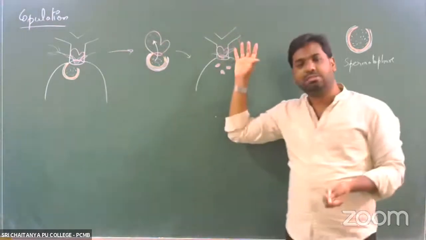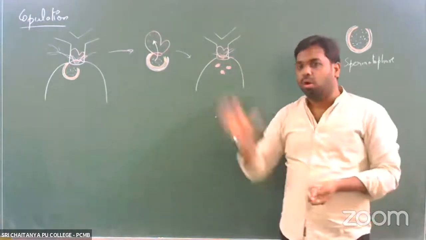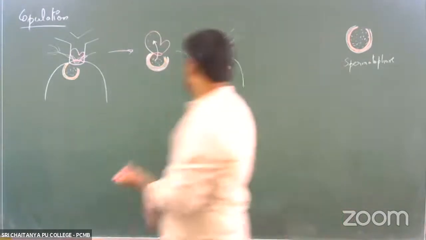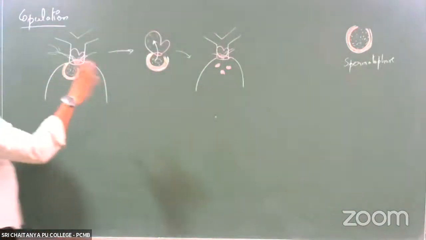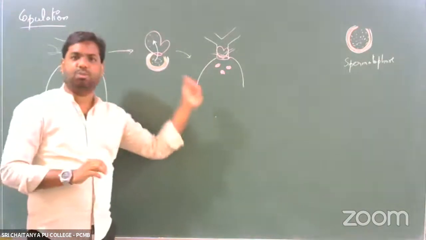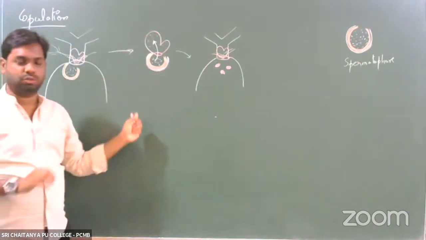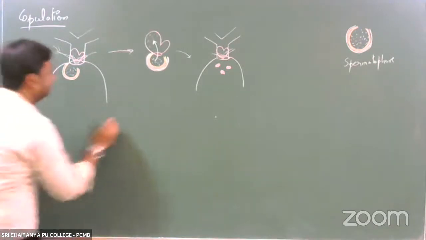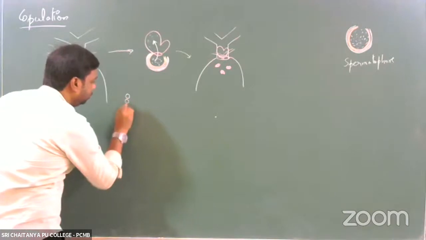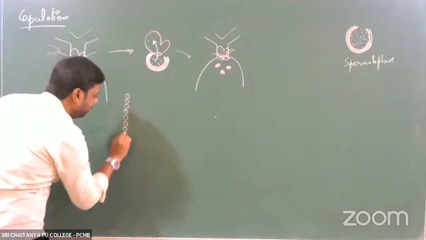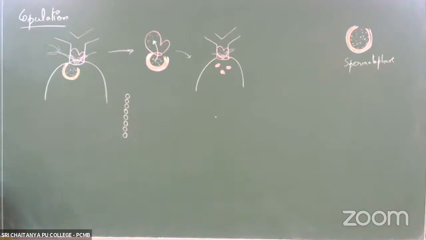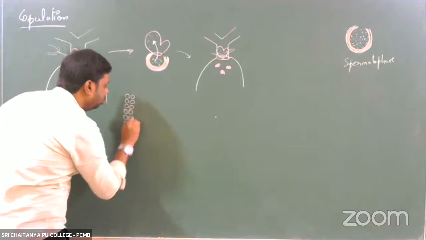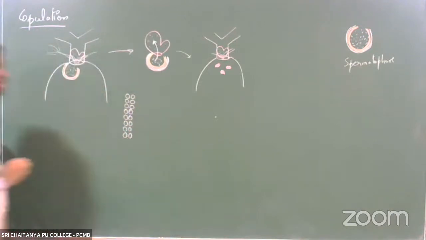Right. So once the zygotes have been formed, all of the zygotes will start arranging themselves in a specific order. How exactly do they arrange this? There will be almost 16 fertilized eggs which are arranged in 2 rows of 8 each. So here they will have one ovum here. So this will be one egg, 2, 3, 4, 5, 6, 7, and 8. So this is how they will start arranging. So 16 eggs would be arranged in 2 rows of 8 each.